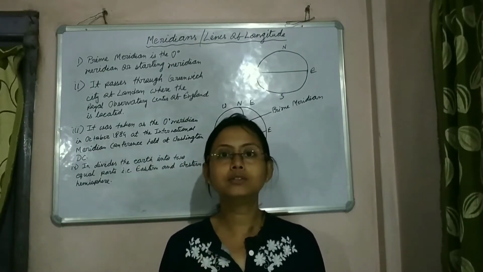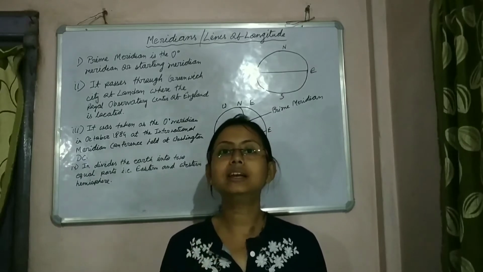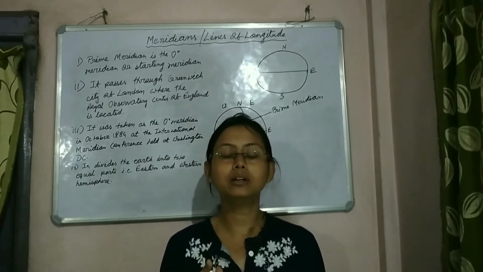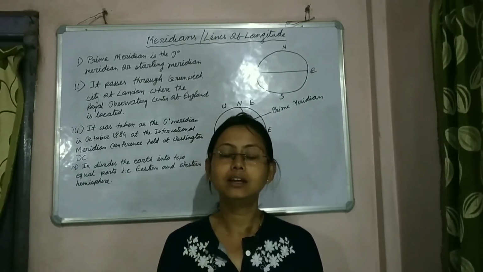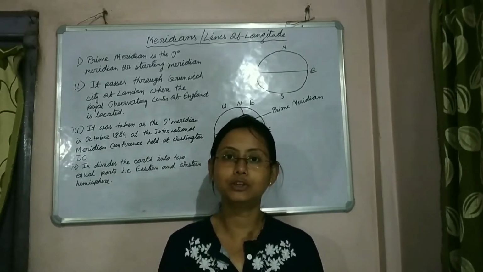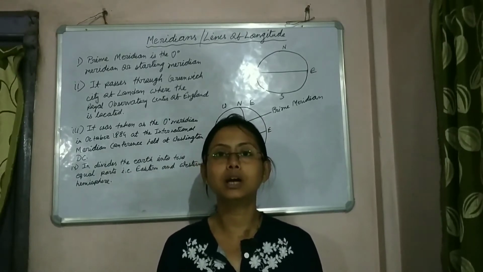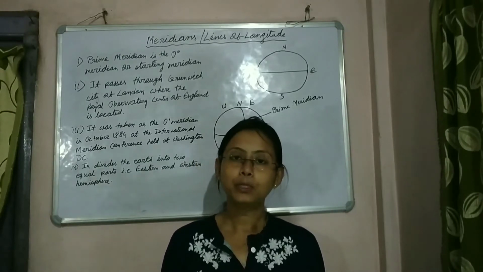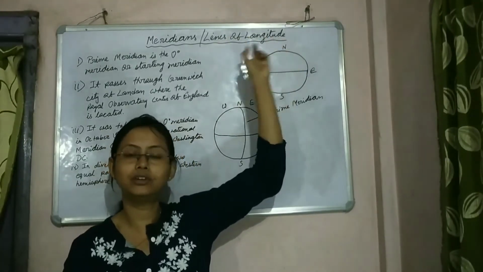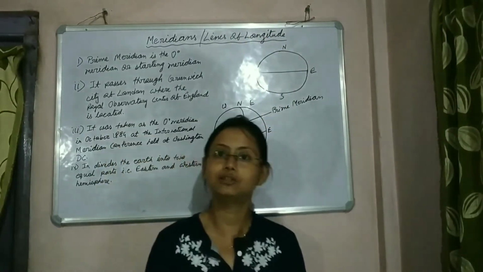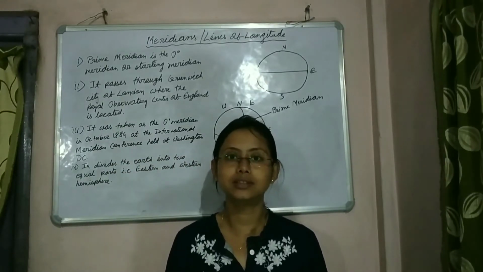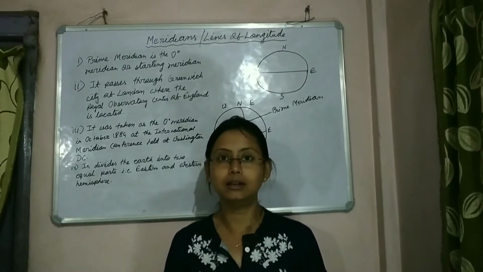And to solve this problem, some imaginary lines have been drawn on the surface of the earth. Two sets of imaginary lines have been drawn. One set we have already discussed in our last video. In this video, we will discuss the other set of lines. So, what is that other set of lines? That is the meridians or lines of longitude. You can see I have written here. So, this is the topic of today's video: meridians or lines of longitude. And the other set of lines, which we have already discussed, is parallels or lines of latitude.